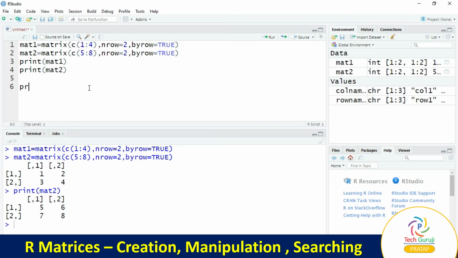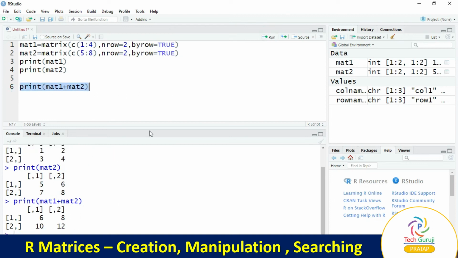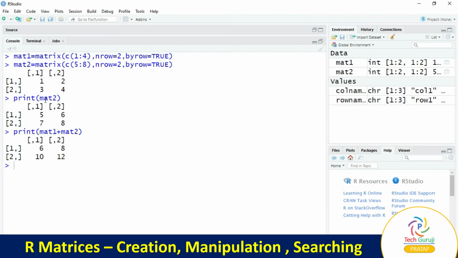Directly we print mat1 plus mat2. That's it. We run it, and it displays the addition of the two matrices. So 1 plus 5 is 6, 2 plus 6 is 8, 3 plus 7 is 10, 4 plus 8 is 12.